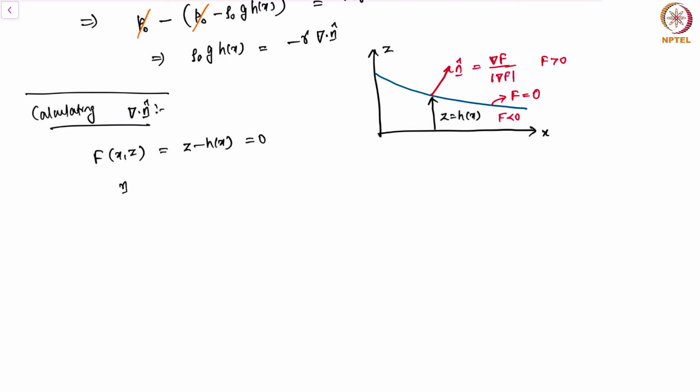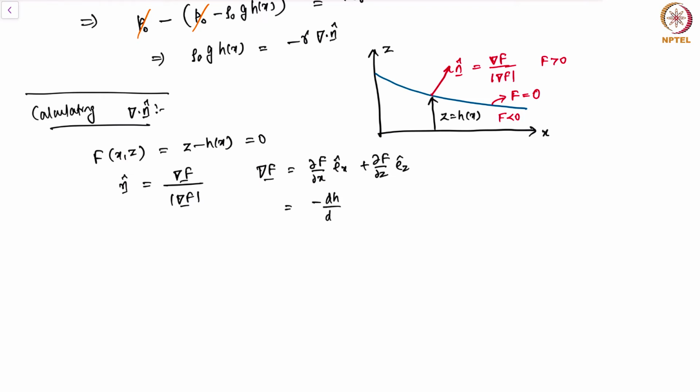Therefore n hat, which is the gradient of f divided by the magnitude of the gradient, is the normal vector, where the gradient of f is given by del f by del x ex plus del f by del z ez, where ex and ez are the unit vectors in the x and z directions, and this quantity essentially becomes